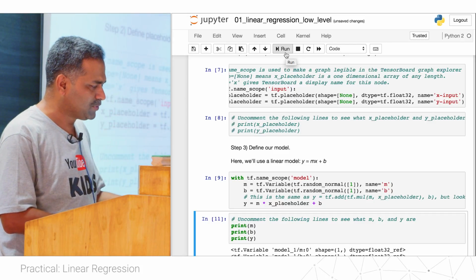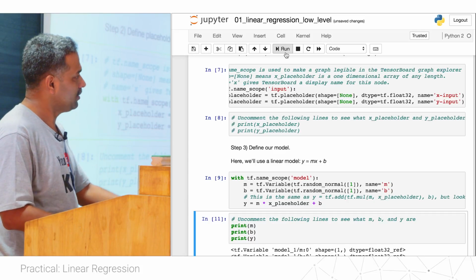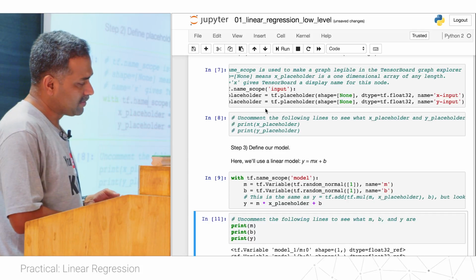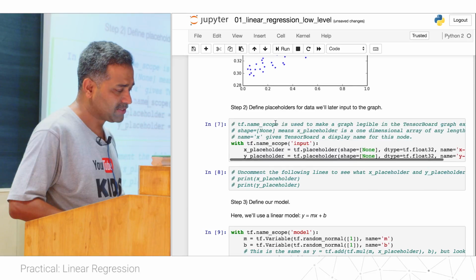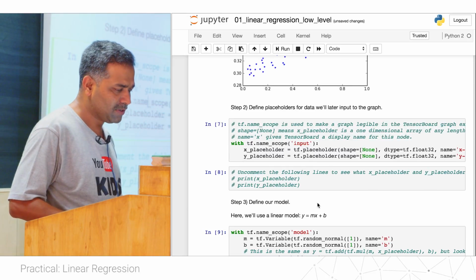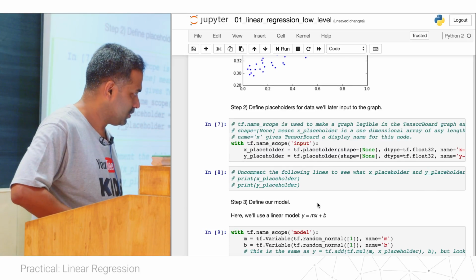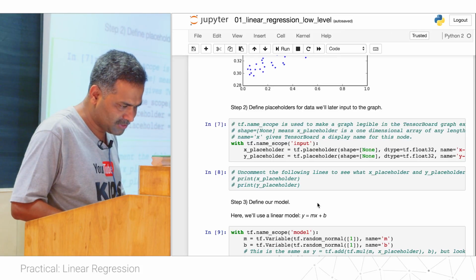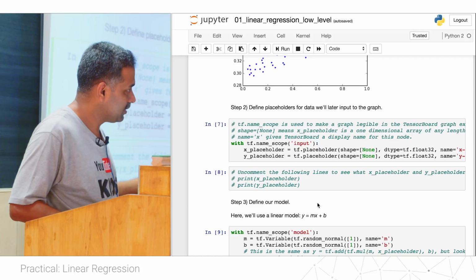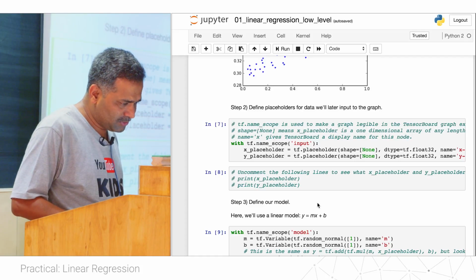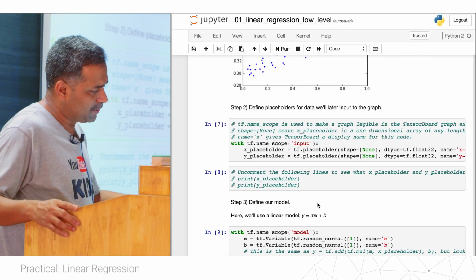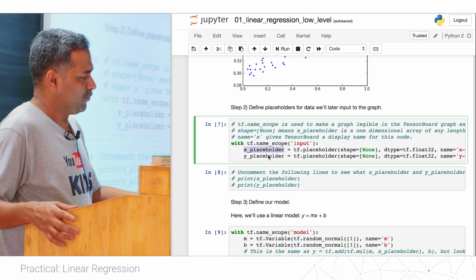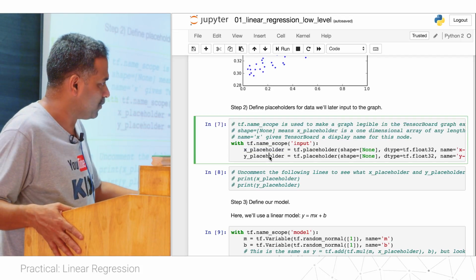Name scope is just like a scoping. I'm saying that I'm defining these two variables, x_placeholder and y_placeholder, under the scope input. I have highlighted it there, right? I do this because, what happens if I don't use scopes?